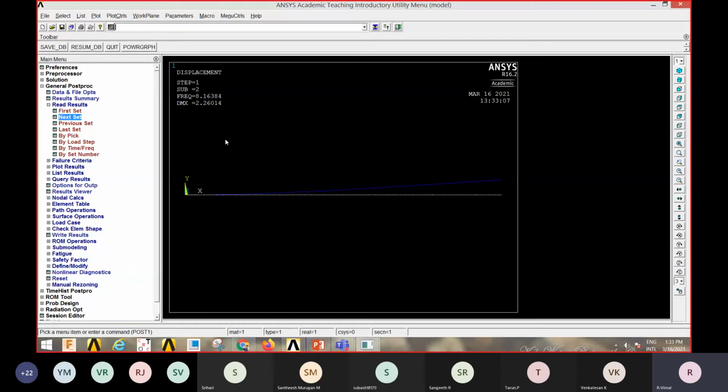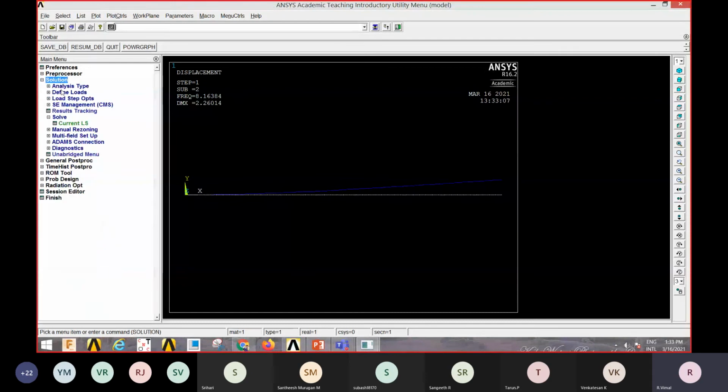So we saw this for a simple cantilever beam. Now we'll teach you how to do it for a fixed beam. We all know what a fixed beam is. In a fixed beam, we lock both the ends of the beam, whereas in the cantilever beam we have only one side locked. If it's a fixed beam, both the ends will be locked.